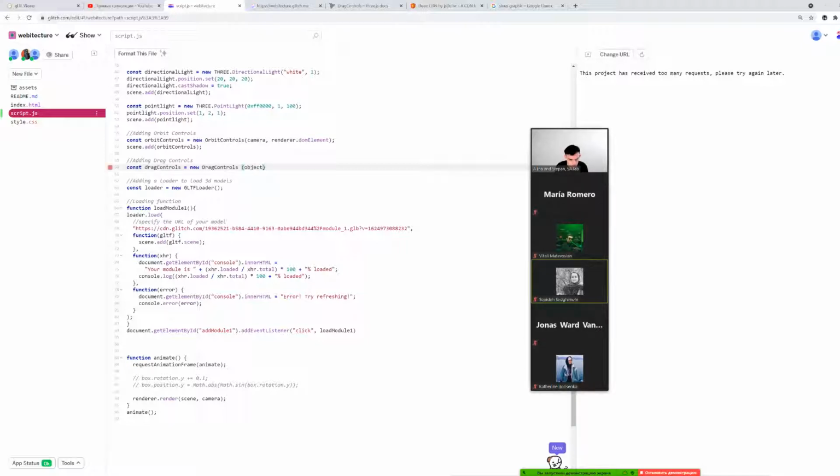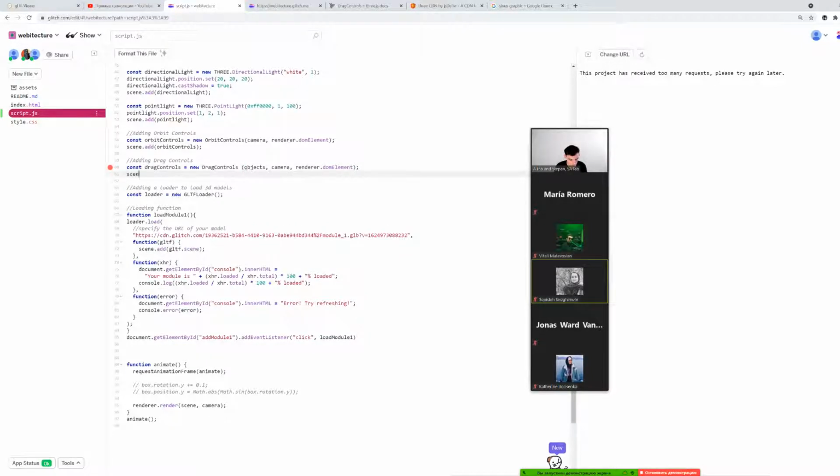Okay, objects, camera, renderer.domElement, scene.add dragControls. All right, now we have a mistake. Objects is not defined,